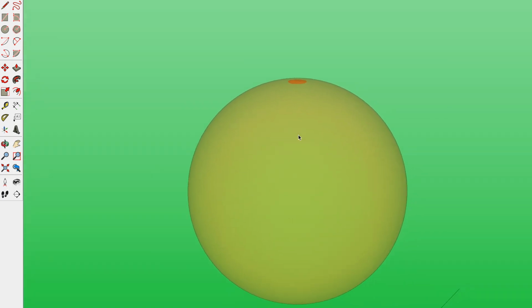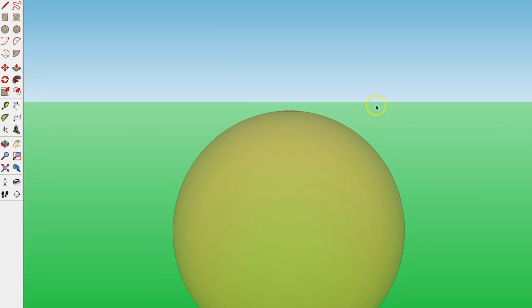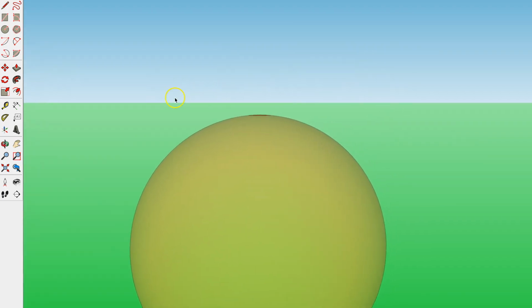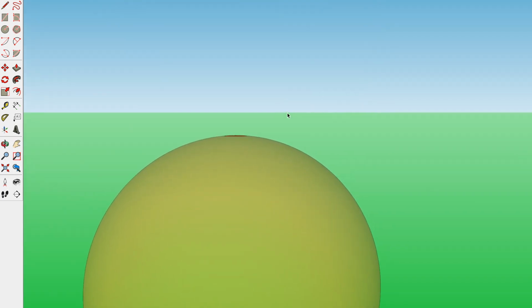I think I'll leave it at that. You can do these tests yourself, and I think Trimble has done a good job showing the infinite plane in their model, and that does prove why the horizon is at eye level, or approximately at eye level, for those of you who are